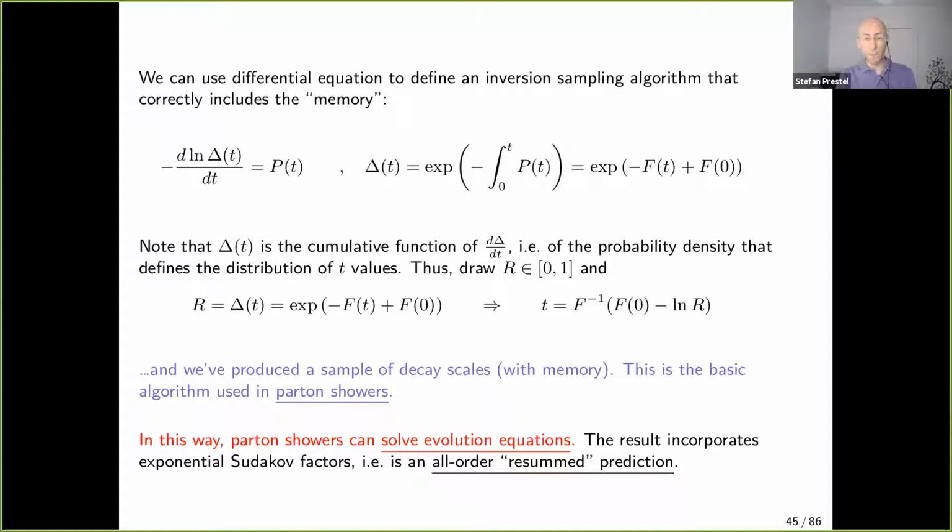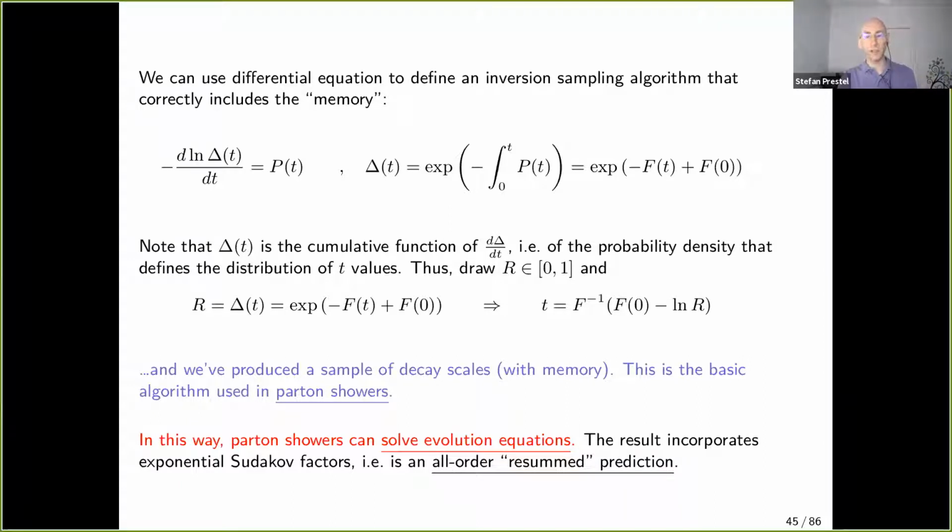So in this way, parton showers can solve evolution equations of this form, by simply sampling the splitting scales where changes in the evolution occur according to inversion sampling. Well, that would be nice, because that would be extremely efficient and fast. However,